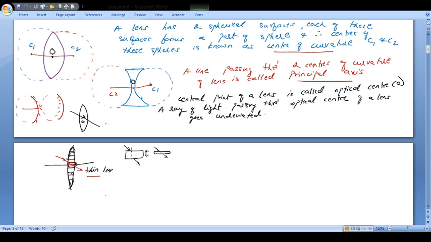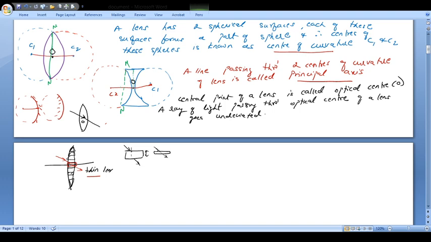Now you can see here, when you see the lens, like the one we have just seen, you can see this opening of the lens. This will basically be this part. So this is MN. Here also you can see this part. Not the center part, this part. I say this is MN.